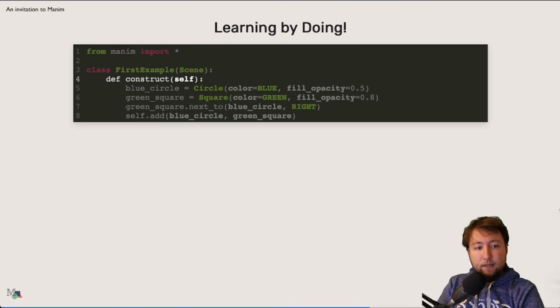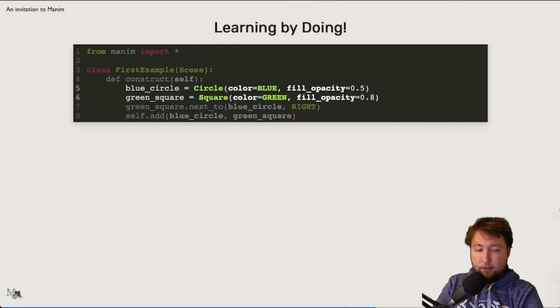Okay, let's now see what the next two lines do, 5 and 6. I define two variables. One is called blue_circle and the other one is green_square. And it would be pretty disappointing if those were not a blue circle and a green square. Indeed, we create so-called Manim objects, or mobjects for short.